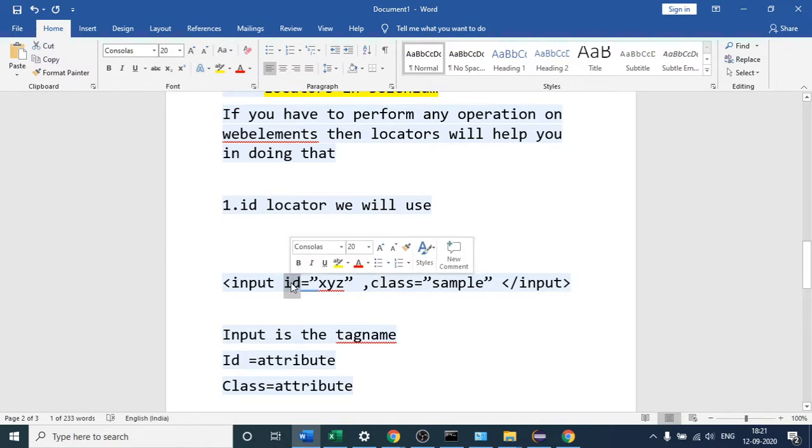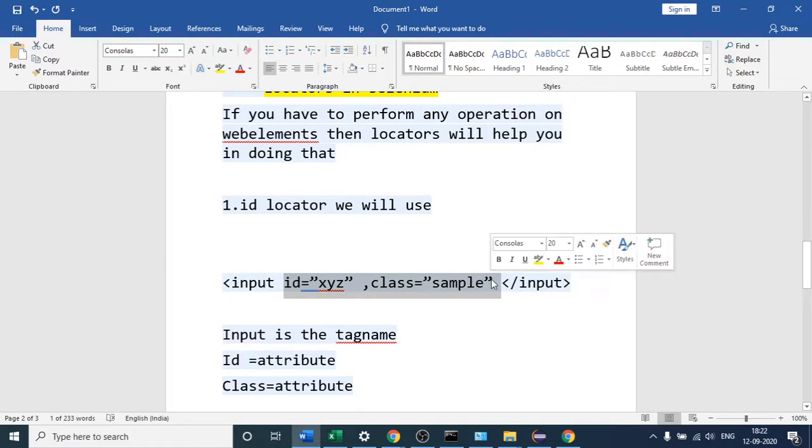Inside the tag, whatever attributes you define, that is how it works. This is a little bit of an introduction to HTML.